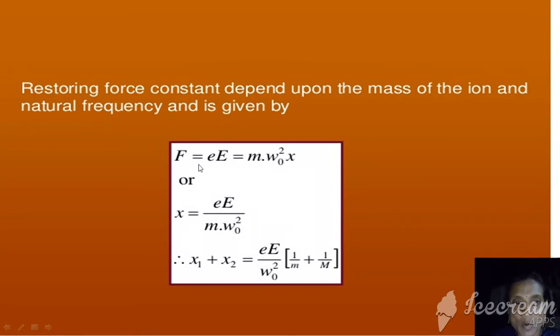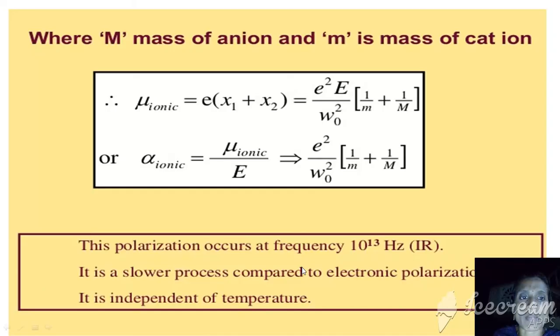Originally the force acting on any charged particle is EQ, that is the charge, and if we take the mass of the ion, m omega naught square. We have two types of ions, positive and negative. Let us consider small m as the mass of the positive ion and capital M as the mass of the negative ion. The combined displacement of both ions is x1 plus x2, and if we take E by omega naught square common, we get 1 by small m plus 1 by capital M. So if we correlate this relation with